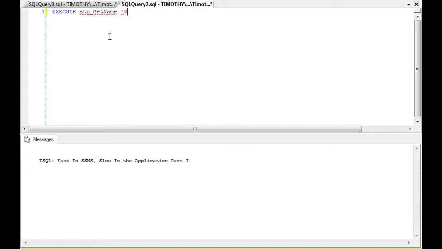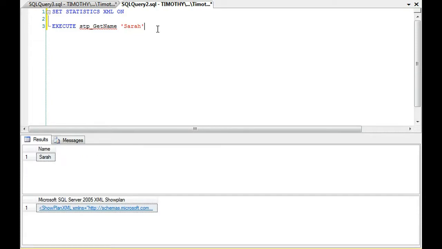And we're going to get the name Sarah. Now I happen to know that there are fewer Sarahs in the table than there are Johns, because Sarah is a very common name, but John is an even more common name. Before I do that, I want to set statistics XML on, and I'm going to execute this query. Again, it's going to be super fast because we're in Management Studio. It's going to show that we have one Sarah in the table, and then it's going to have this beautiful XML plan here. So now that that's turned on,